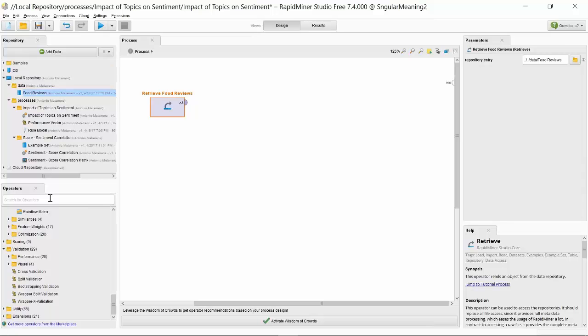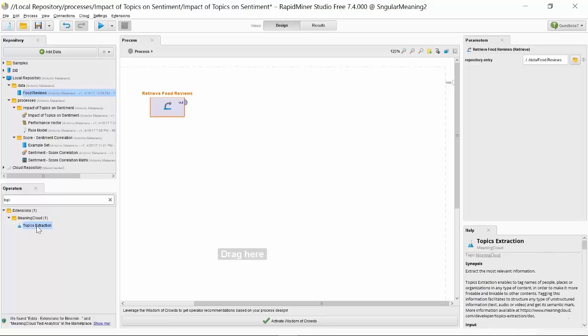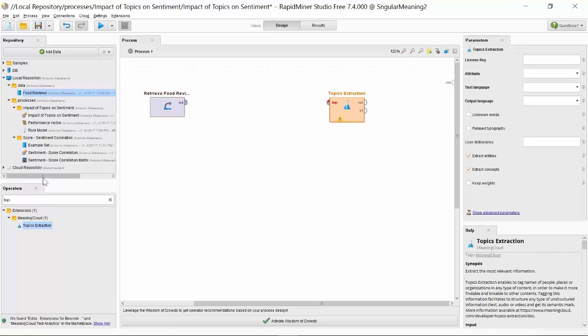And also I need to do the same for the topic extraction API. You see it's within extensions, which basically are the plugins created by third-party companies. And MeaningCloud, topics extraction, I'll drag and drop it, and also sentiment analysis.